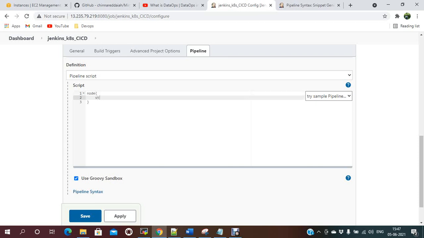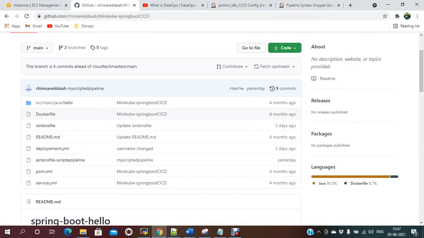Just start with node and stage one. The stage is git checkout. You just need to provide the URL of your git and the branch name. This is my git URL, this is my code location.